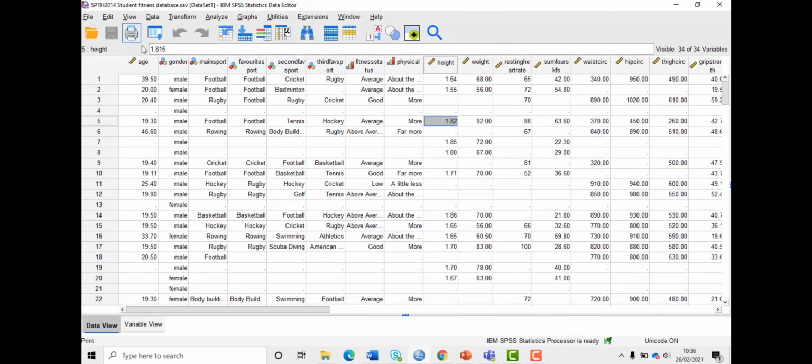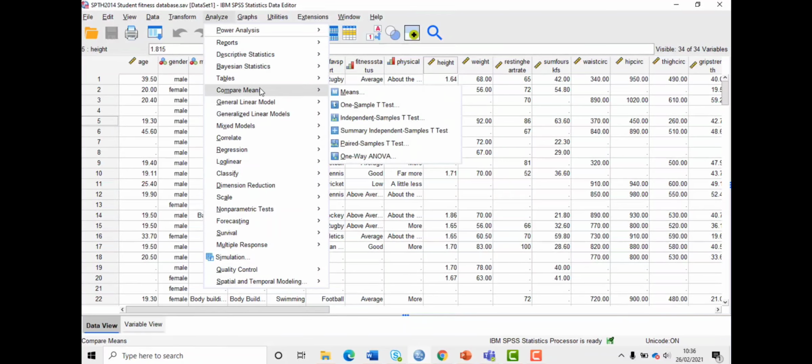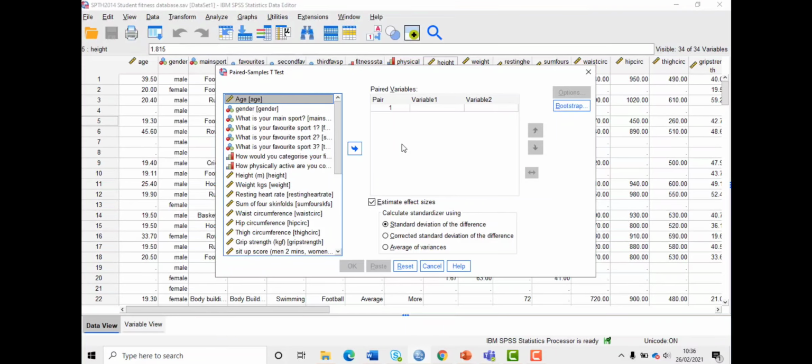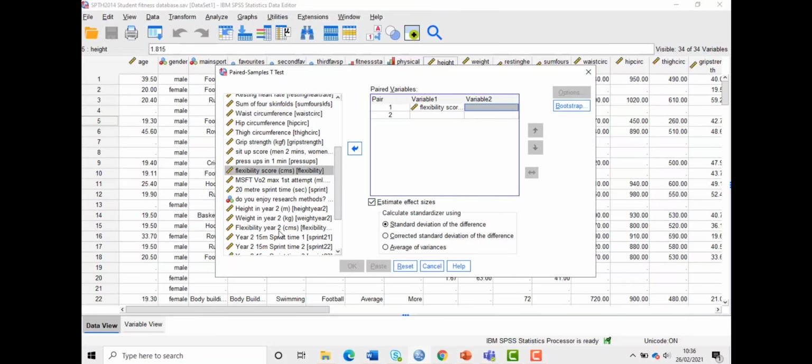So to do that, we again click Analyze, and then you come down to Compare Means, and then Paired Samples t-test. Clicking on this will bring up a brand new window, and you'll see that we've got variable 1 and variable 2. So we need to transfer over the variables that are of interest to us. So we're going to look at flexibility score as our first variable, and we're going to look at flexibility in